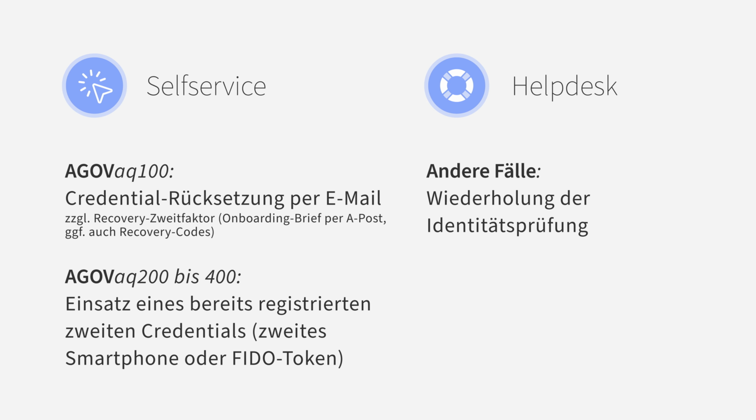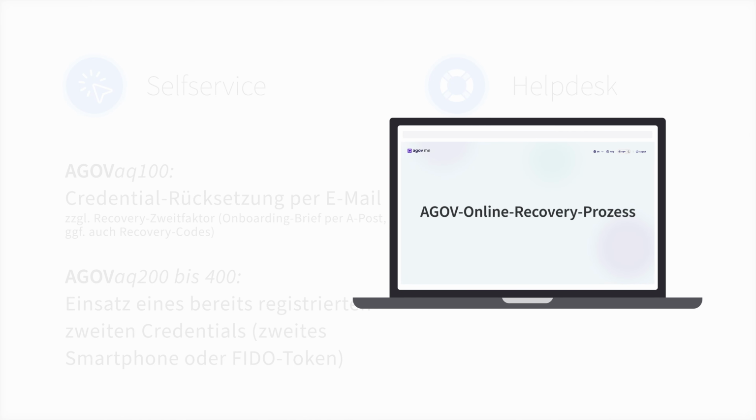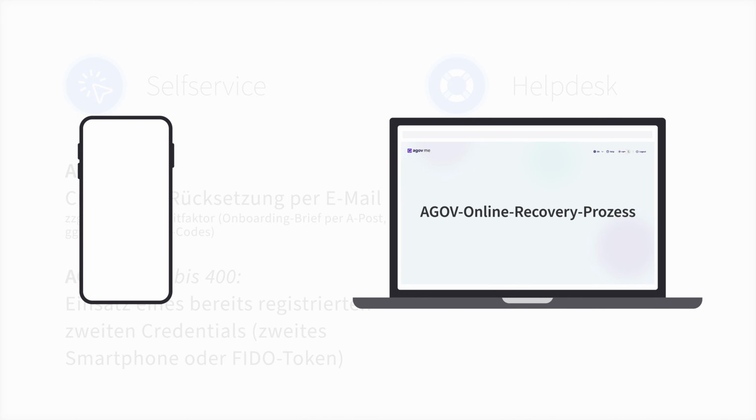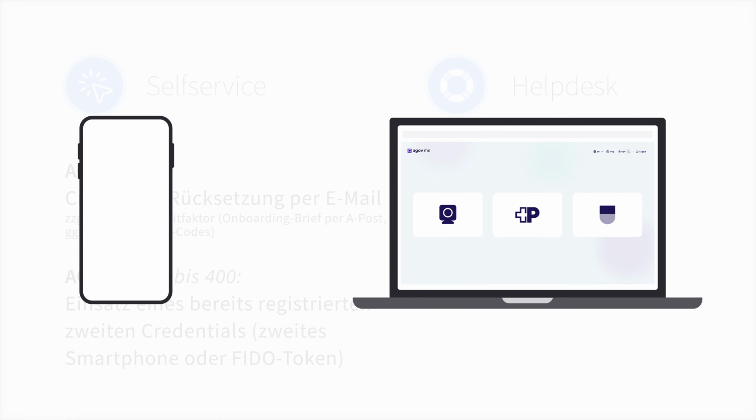You will then be invited to start the AGOF online recovery process, during which you will register your new smartphone and show your photo ID again. As mentioned, this can be done by video phone call, at a Swiss Post office or at selected counters in certain cantons. AGOV support staff will verify the details and, if approved, link the newly registered smartphone to your AGOV ID from which you were blocked and delete the old smartphone.